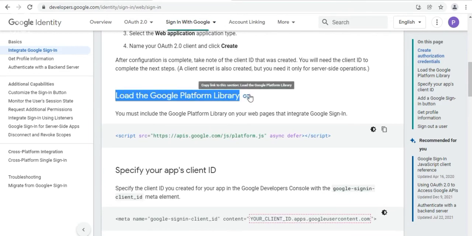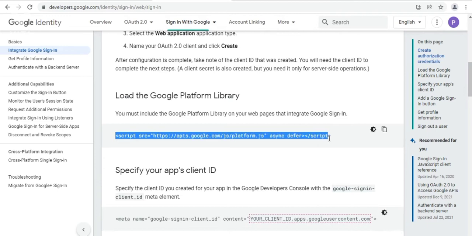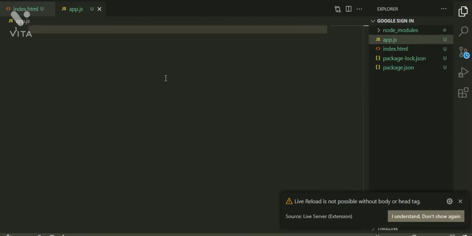The next step is to load the Google Platform Library, which we can do by including this code in our HTML page, that is in our front end. For now I'm using a simple HTML file.